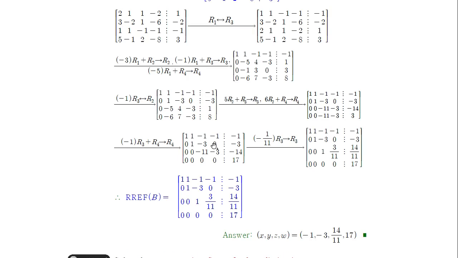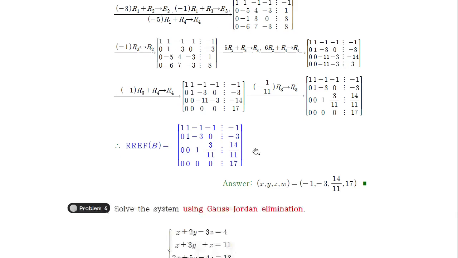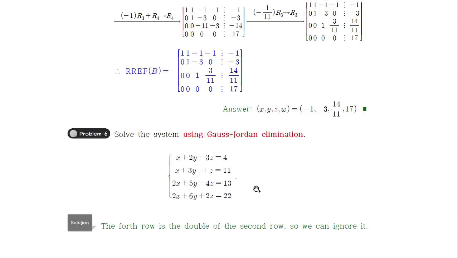But here, you are asked to find only one solution. So you just substitute any constant for x4, and then you will find a solution. Just find only one solution. But it has infinitely many solutions because it has only 3 leading variables. You have a free variable here, x4, so you have infinitely many solutions.